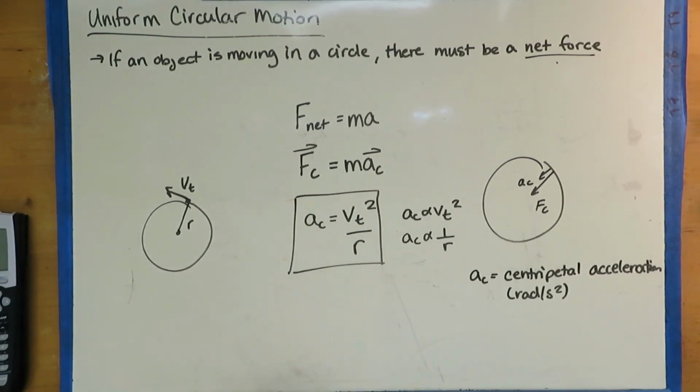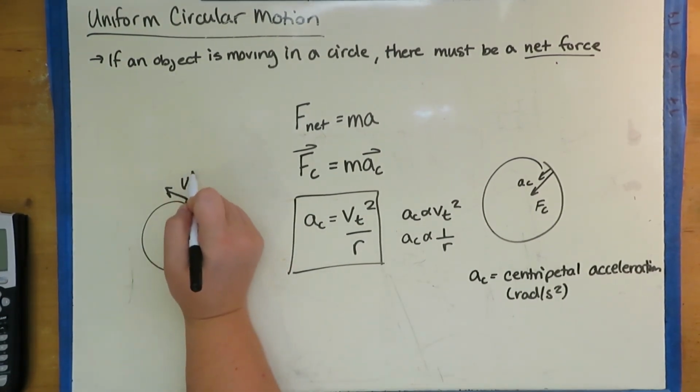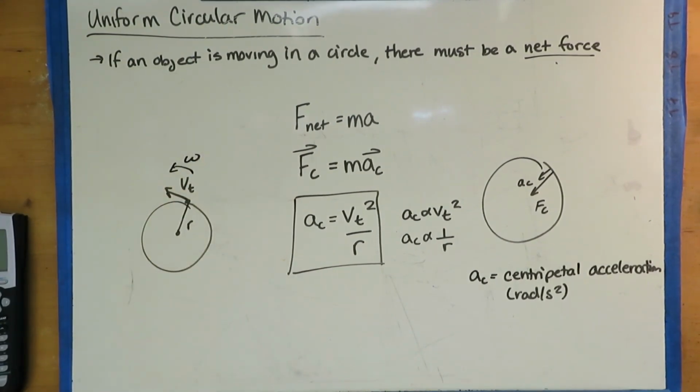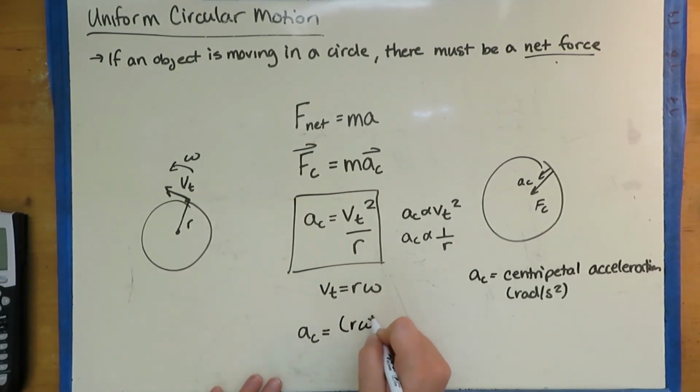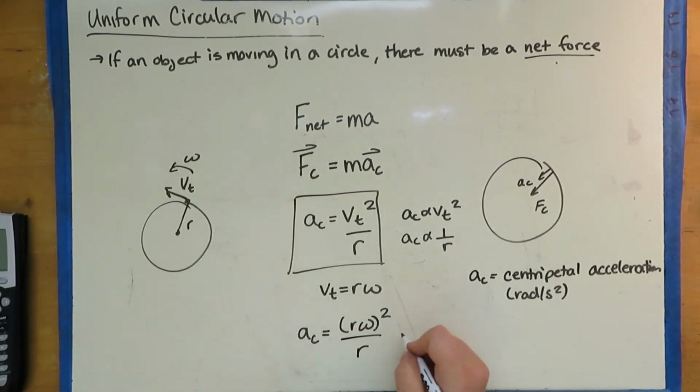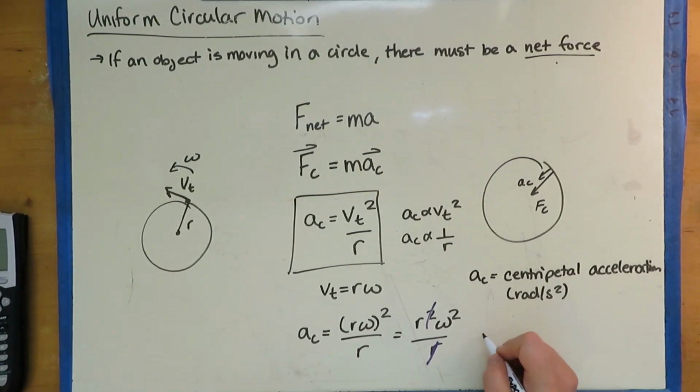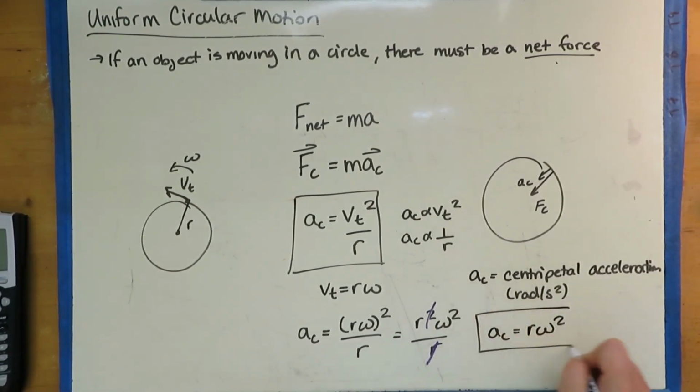I can also do this in rotational terms. So remember, you're going to have some sort of angular speed associated with that. And remember that our tangential speed is equal to r times omega. So my centripetal acceleration is going to be r omega squared over r, which is going to be r squared omega squared over r, and one of the r's cancels. So you get that AC is equal to r omega squared as another option, where omega is your angular velocity